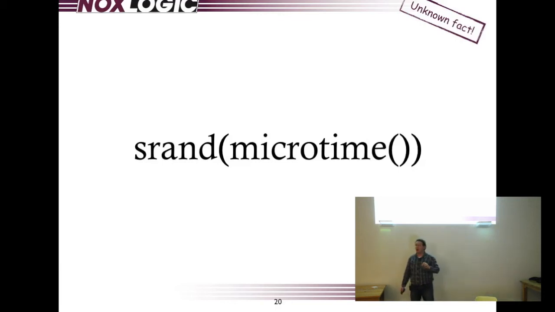Probably, right? So that's the most common. If you go to any website that says, I need something random, just do around microtime, and you get random values. Yeah, you can do that, but if you do this for creating salts for your password, or generating passwords, or generating activation keys, or a secret key that you can use,